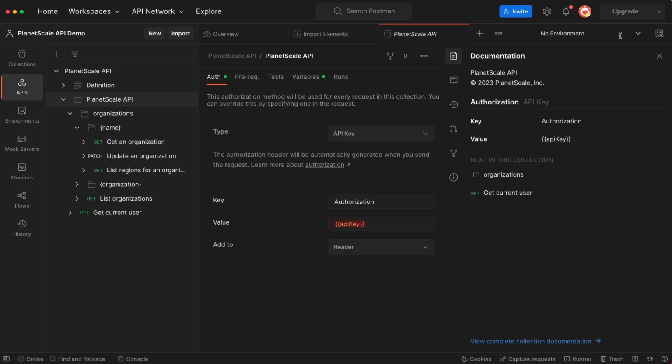And then from here, we can select the new environment by dropping down the upper right-hand corner where it says no environment and selecting PS API demo. You'll notice the value for the API key has changed from a red to an orange, and if I hover over the API key, it has a current value of the service token ID followed by the service token as we specified in our